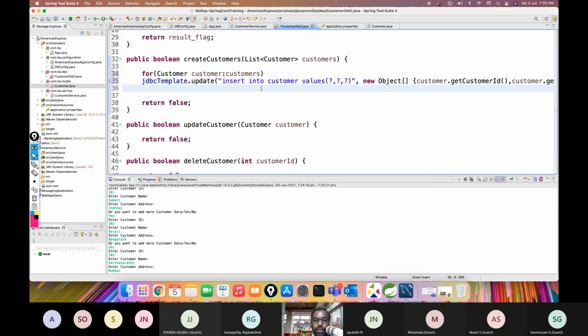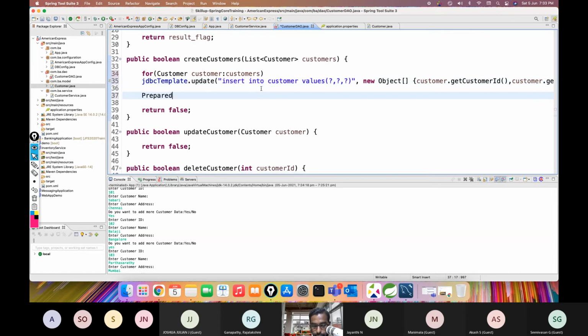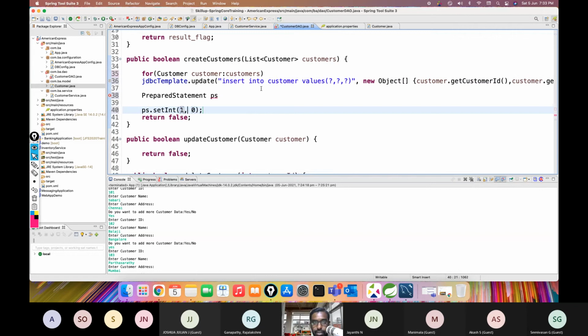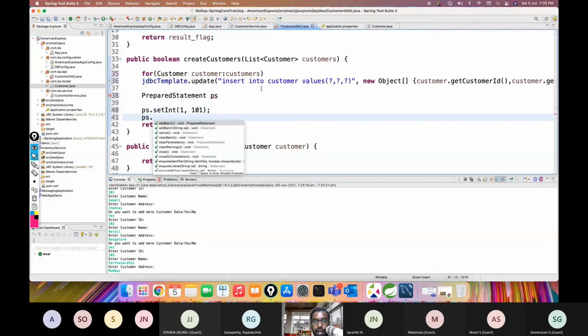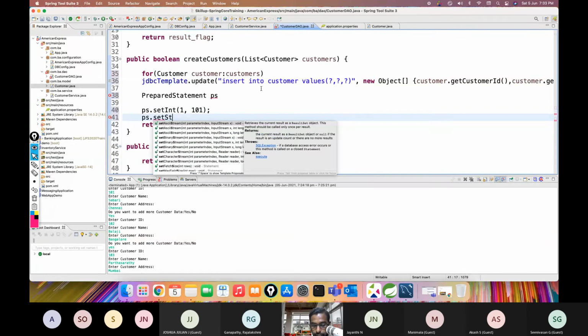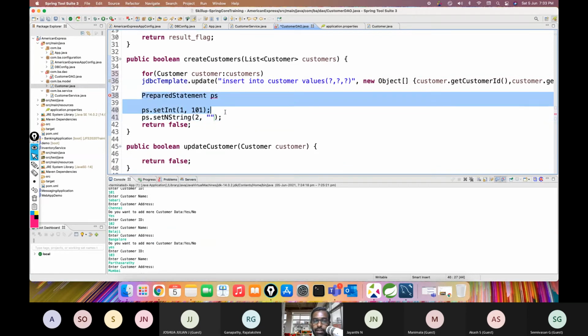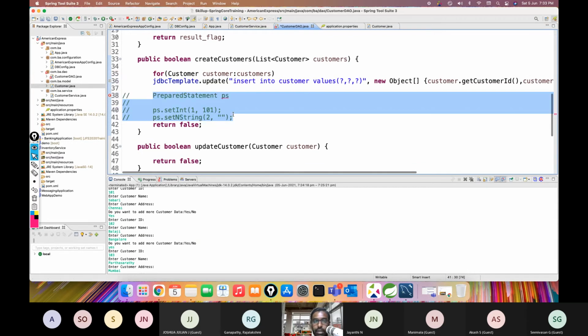Generally what we will do is we will use prepared statement, correct? You can recall the prepared statement PS, and then prepared statement dot set int, and then you will be using the first question mark, and then you will be giving the value, which you have to do for 3 times or 4 times or 5 times, however many placeholders you have. Set string, and then the second question mark, and then you have to provide the value. But now it's a little bit simplified, right? I don't want to go for this traditional JDBC logic anymore. Instead, I'm just going to use the